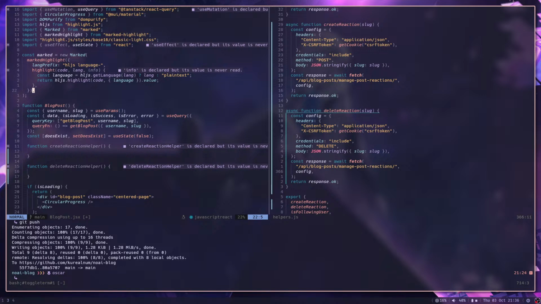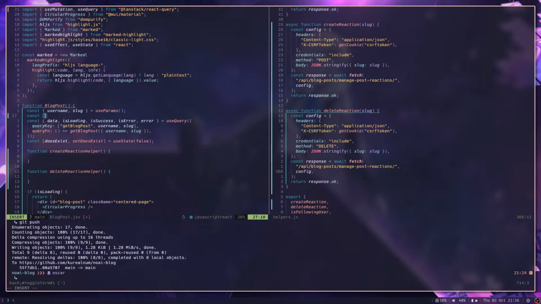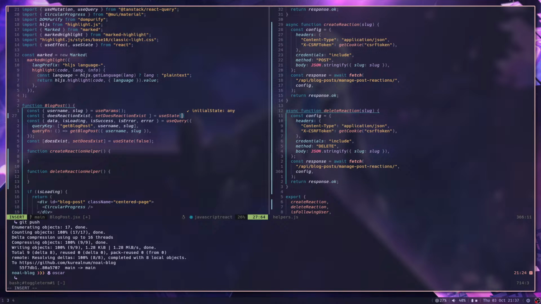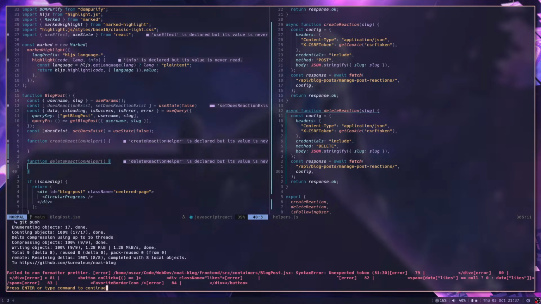So let's just have a use state for constant does reaction exist, set does reaction exist is equal to use state. We'll start. Well, that was a good question. Okay, so now this brings up the issue that I kind of need to go ahead and get if the reaction is created or not. So we're gonna have to make another get view for this, which is fine, whatever. So use state. Well, okay, we'll start false, but yeah, we're gonna need to come back and